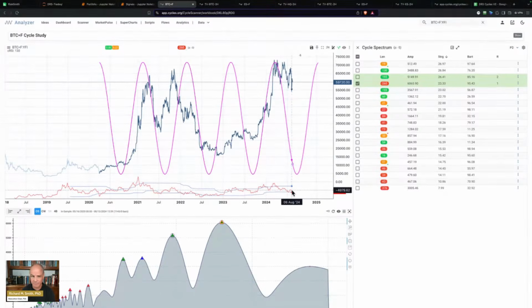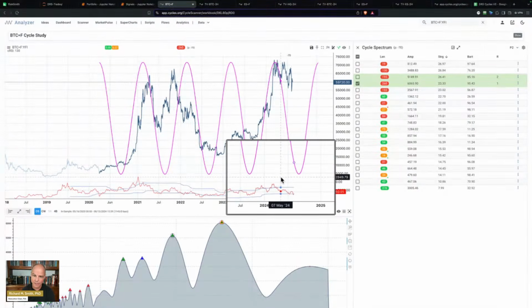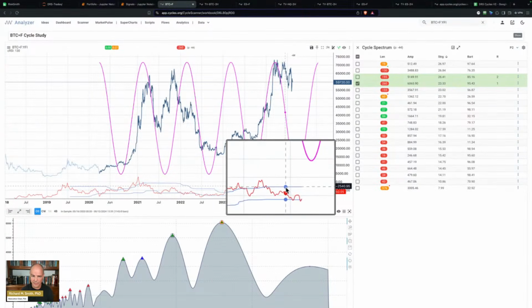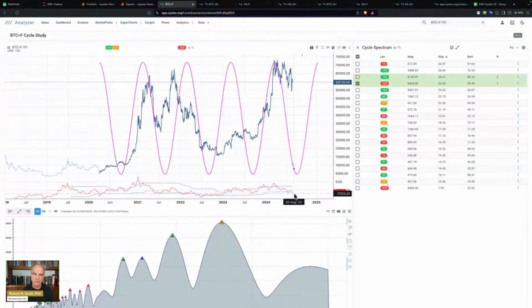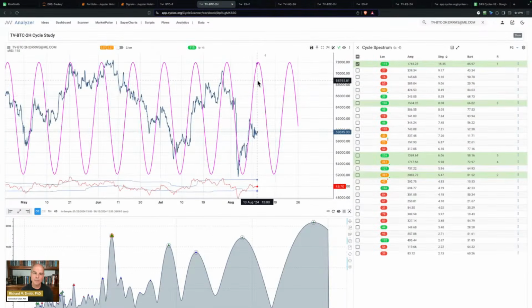Momentum. Let me try the tools here and see if we can zoom in a little bit. Yeah, so we got momentum turning up a little bit, but I wouldn't say that it's decisive. But definitely turning up there. So if I look at Bitcoin, to me, it feels like down week in Bitcoin. Maybe not today, maybe by tomorrow.